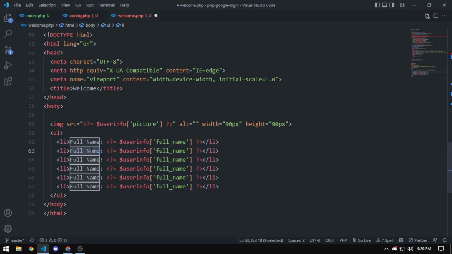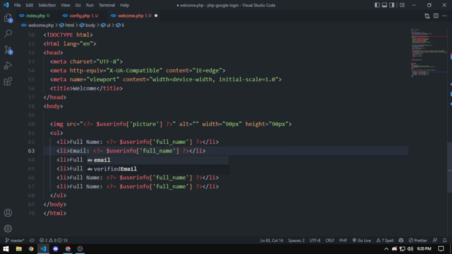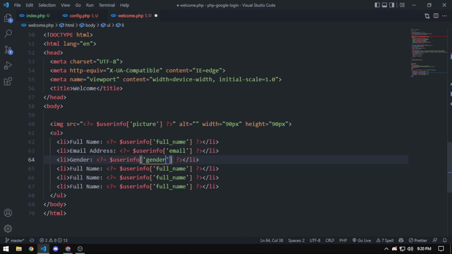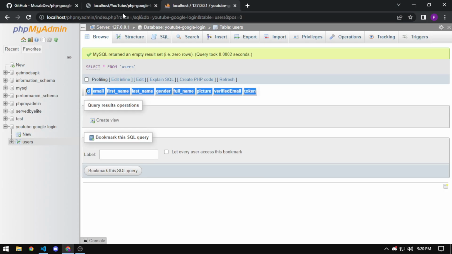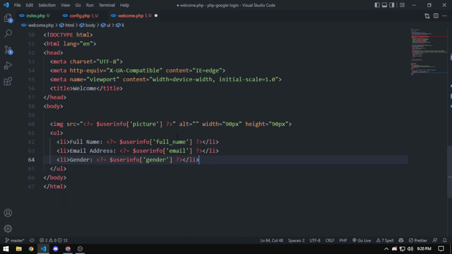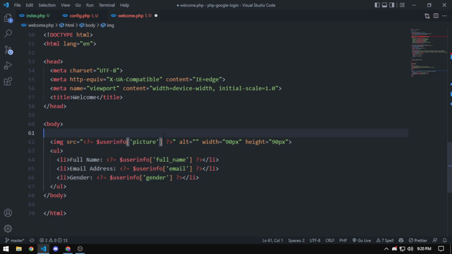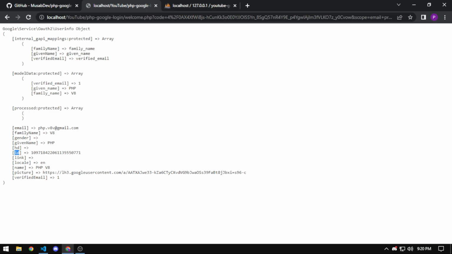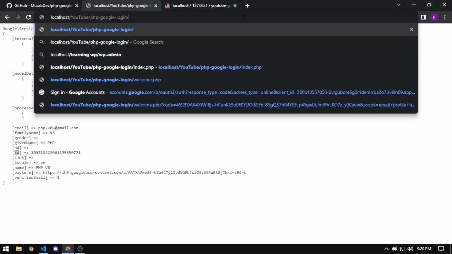We can copy this, and it's a gender, or maybe something like email first, email address, we'll say email, and then we'll say gender, we will have the picture. Okay, we've done that. I think this is fine, we just need this for now. Alright, so if I save this file and go over here, if I try to open, okay, one more thing